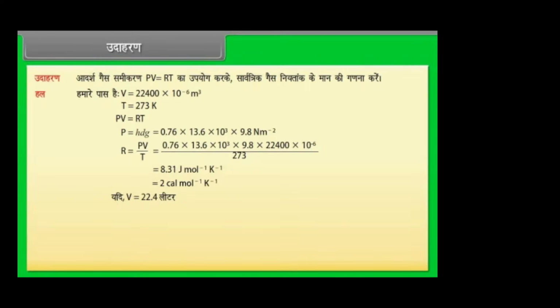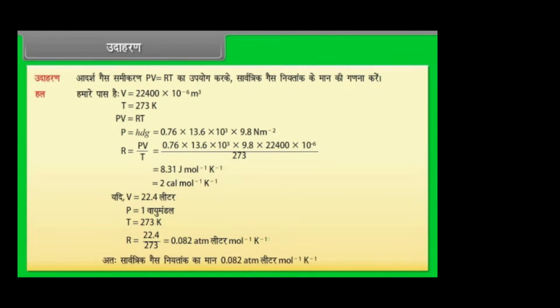यदि V = 22.4 लीटर, P = 1 वायुमंडल, T = 273 K, तो R = 0.082 वायुमंडल लीटर मोल⁻¹ K⁻¹। अतः सार्वत्रिक गैस नियतांक का मान 0.082 वायुमंडल लीटर मोल⁻¹ K⁻¹ है।